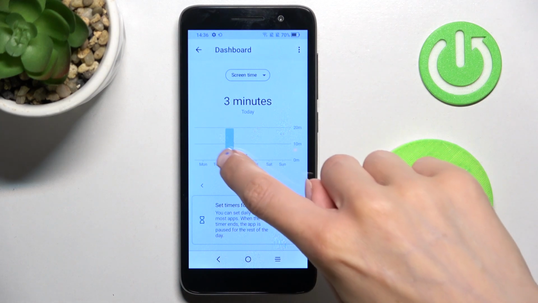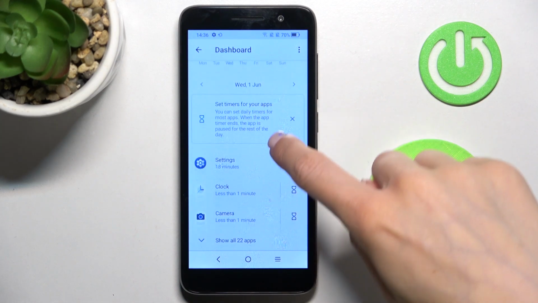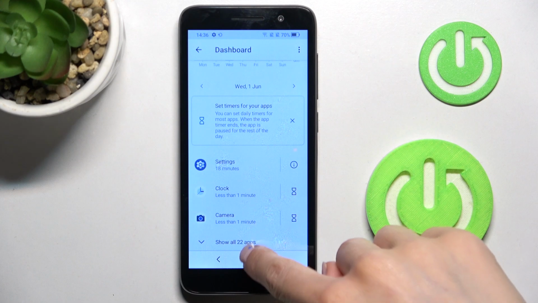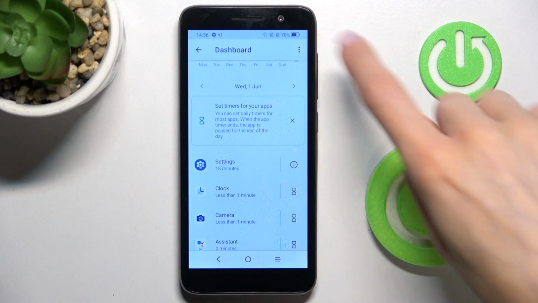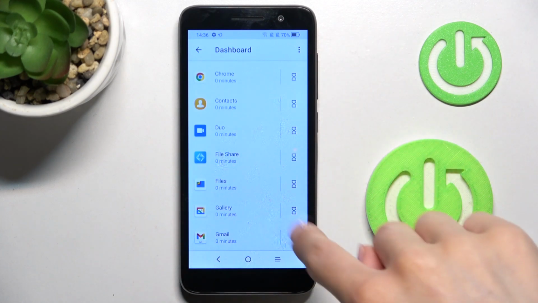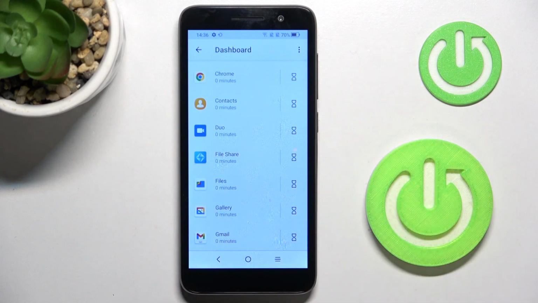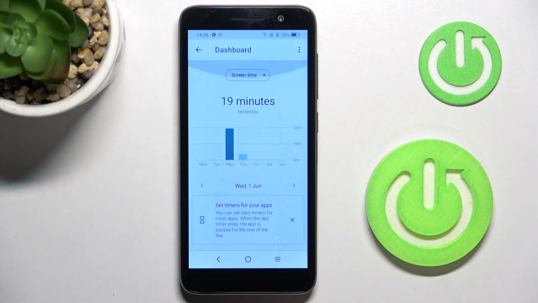So here you can go back in your days of usage, and a bit lower you've got statistics for each app of yours. Right here, as you can see, even those which have not been in use are included here. So this is the dashboard which you can